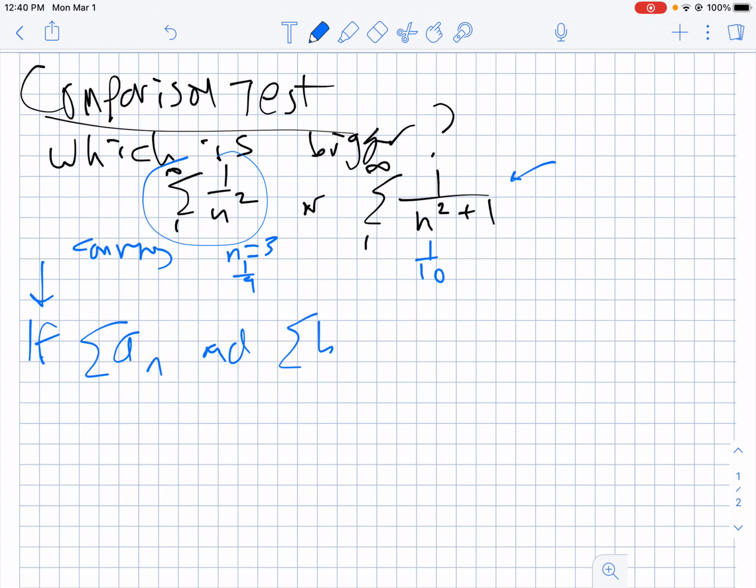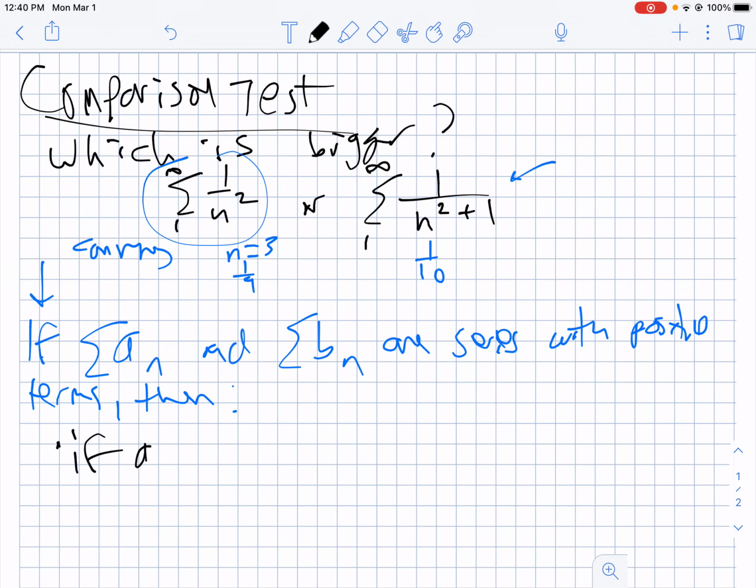if you have the series a sub n and the series b sub n, and both of these are series that have just positive terms, then there are two different cases of the comparison test, and we'll cover both of them. So if your series a sub n is smaller than b sub n for all values past some point, so maybe the first three numbers are different, but everything from 4 on is the same,